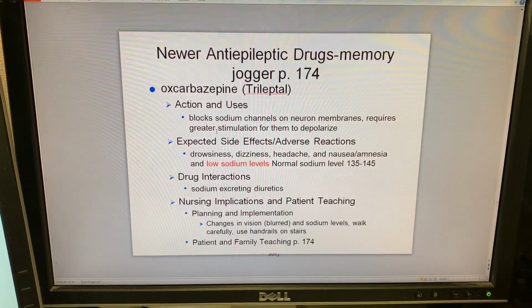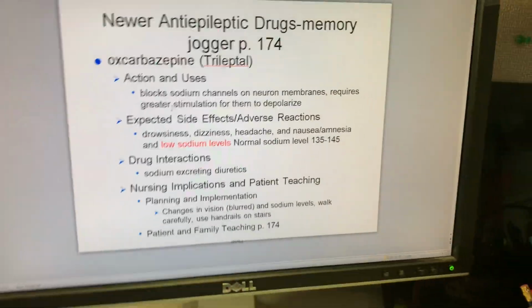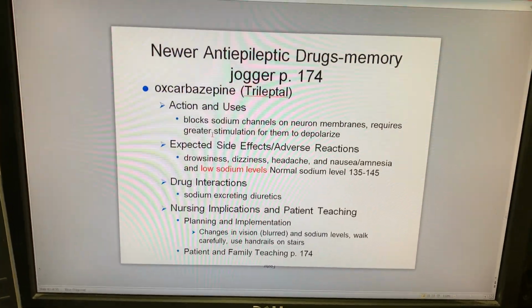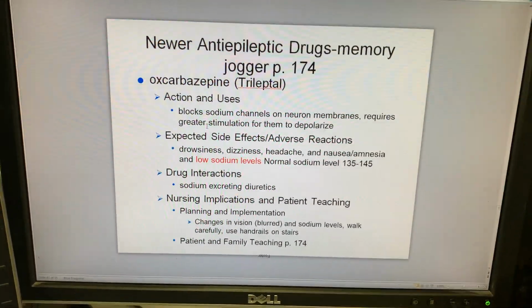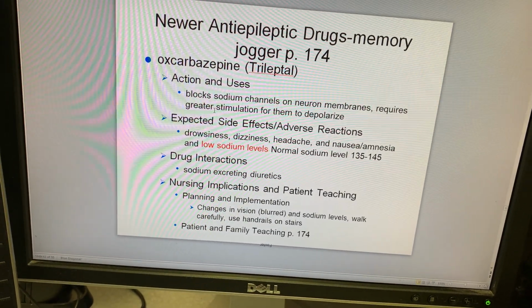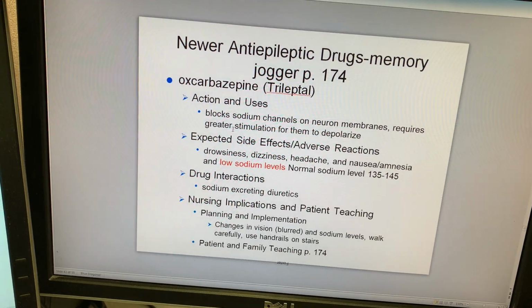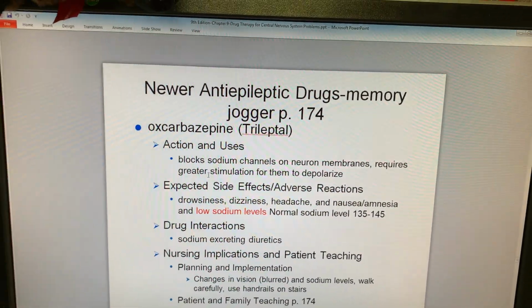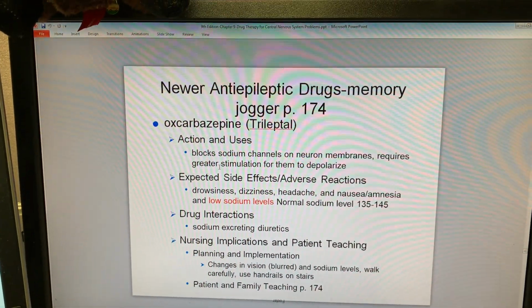On page 174, we see some of the newer anti-epileptic drugs after using the traditional ones for a long time. There's some others that have been successful. And 175 has the table that talks about these drugs. And the first one that's listed is a drug called